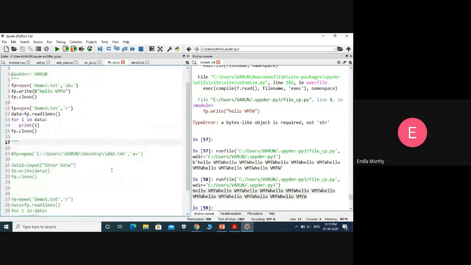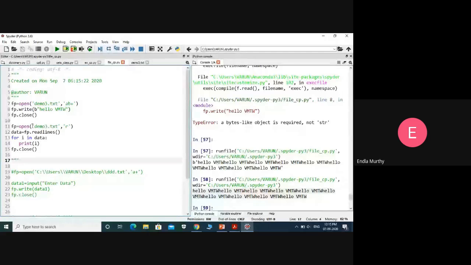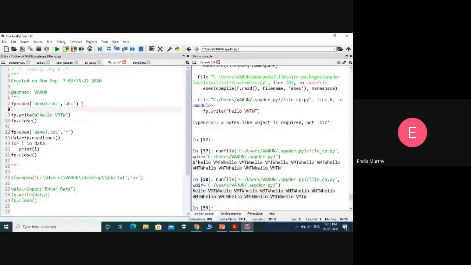Now, if I want to give some input to the file from the keyboard, up to now what we have been doing is passing some string, but not from the keyboard. So if you want to pass some input through the keyboard, what is the function we use in Python?